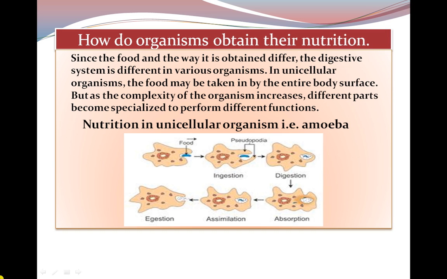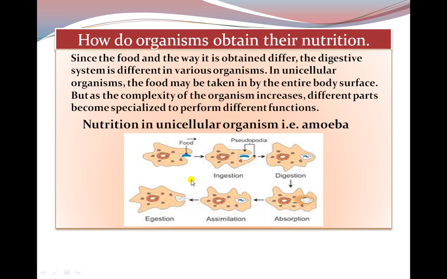As the complexity of the organisms increases, means the organisms become more and more complex in their body structures, the mode of nutrition also gets more and more complex. Different parts become specialized to perform different functions. Now let us study about nutrition in unicellular organisms like amoeba in detail. You are watching in this diagram,